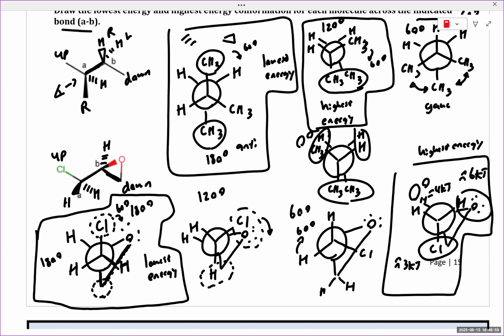For those wondering, there's a 240-degree conformation where the chlorine is in this position. The reason why it's not considered is because there'd be this chlorine-methylene gauche interaction, and this methylene group is larger than oxygen. So we want to keep the chlorine away from that methylene group, which is very similar to a methyl group in terms of sterics. Okay,